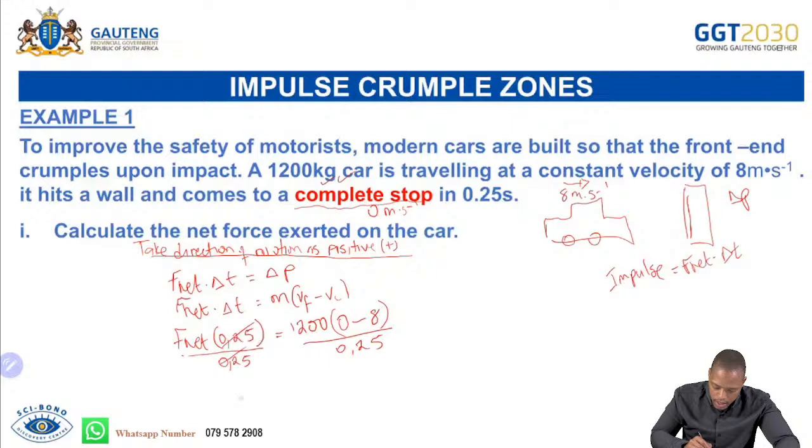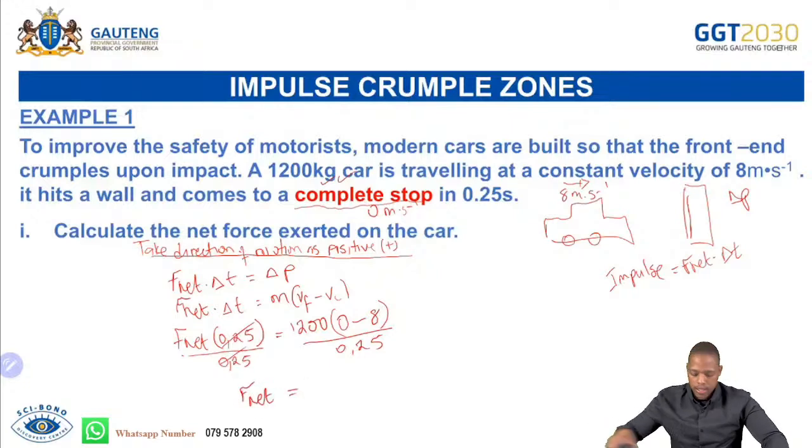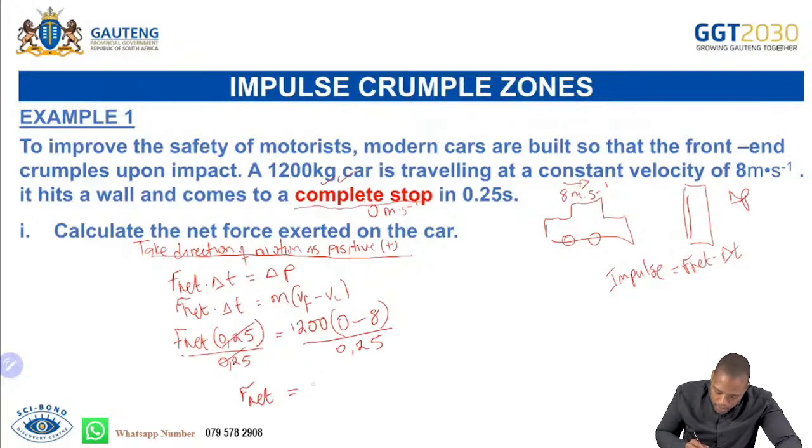This will cancel this, and I will find the net force exerted on the object. Take my calculator, and I will say fraction sign, 1200, open a bracket, 0 minus 8, close the bracket, all over 0.25. This is equal to, I get my answer as a negative